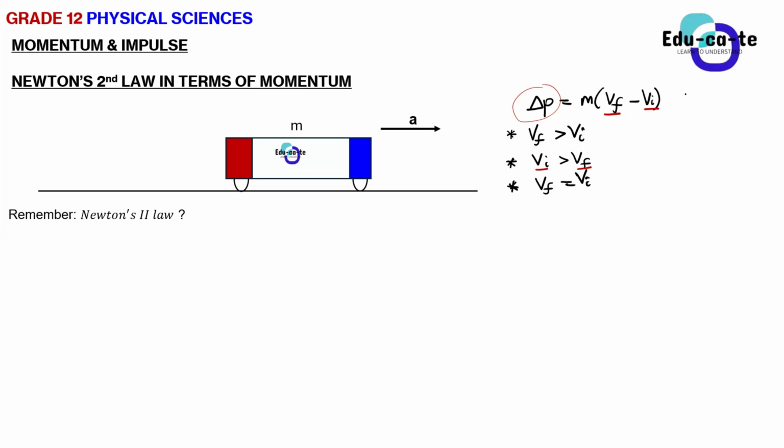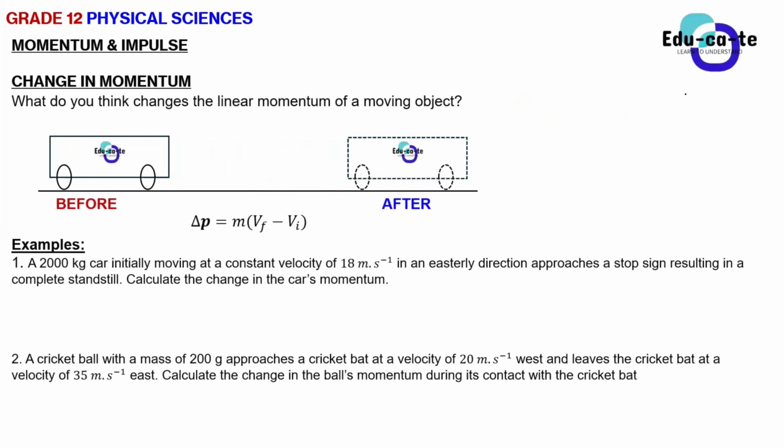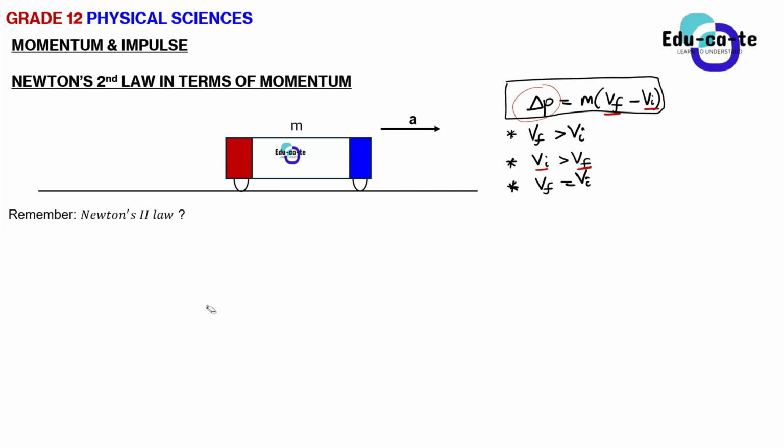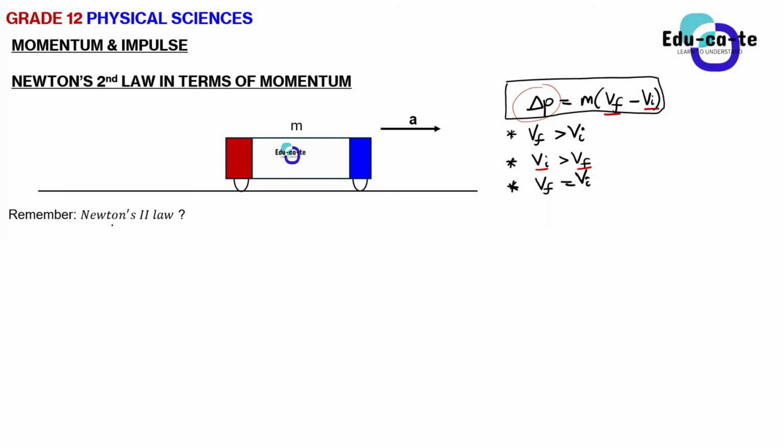So how do you do a vector diagram of a change in momentum? Well, basically, that one is phased out. They will never ask you to draw vector diagrams. Now, Newton's second law, what does it state? Okay, don't state it. What is the equation? So the F net is equal to MA.